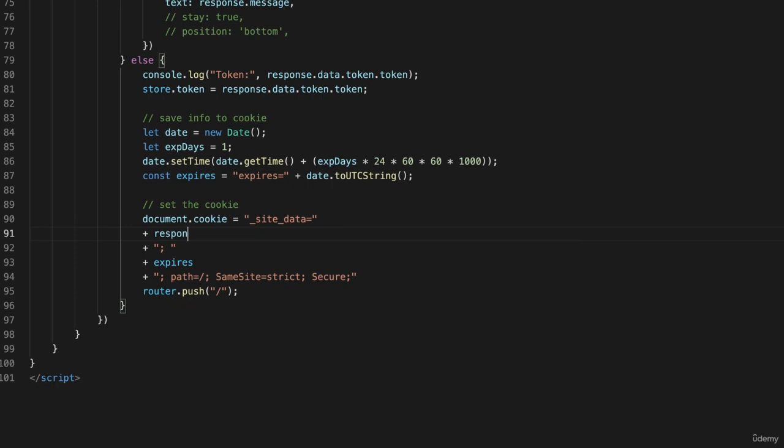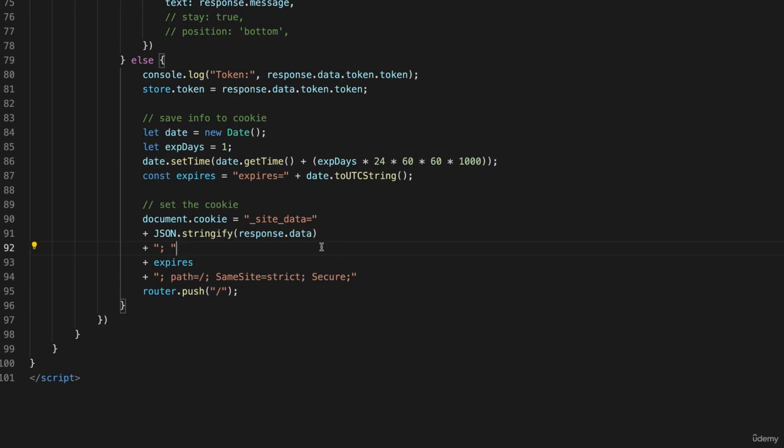Now, of course, the part that we want right here, this, you might think is response.data, but it's not. We can't just use that. That won't put it in the right format. Instead, we want to make this a JSON file. So JSON.stringify response.data, okay? Now, as I said, we're going to modify the backend in a moment to actually get more information